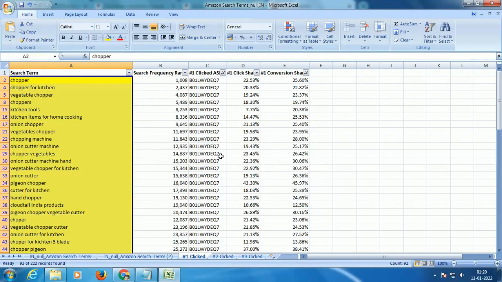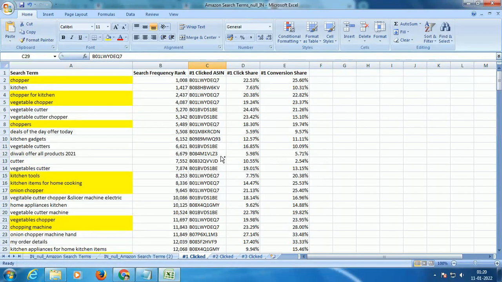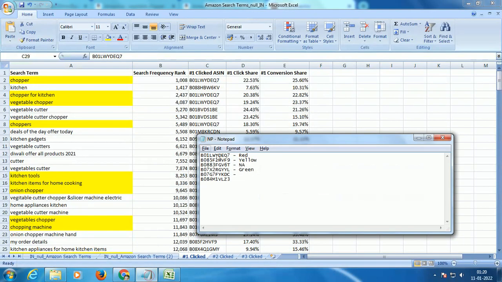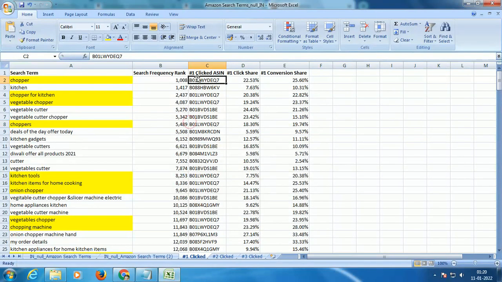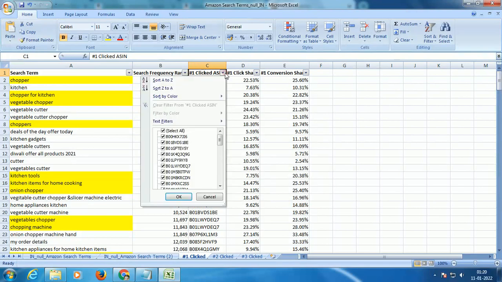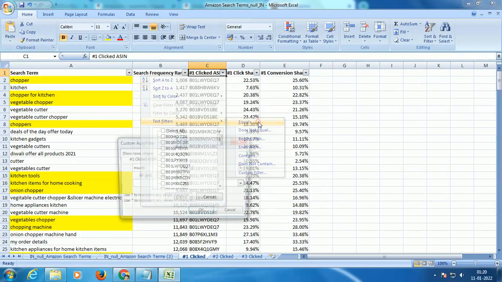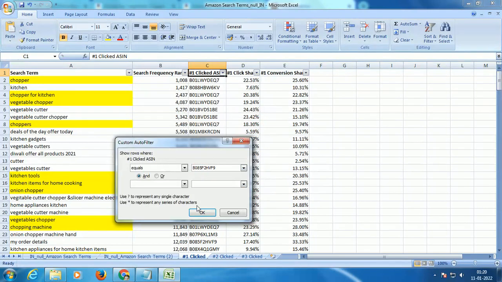Then once I am done with this one, I will unfilter it, or I'll color code it. Then I'll do the same exercise for my top or my second competitor. I'll come here, I'll just look for that fellow. I'll search.